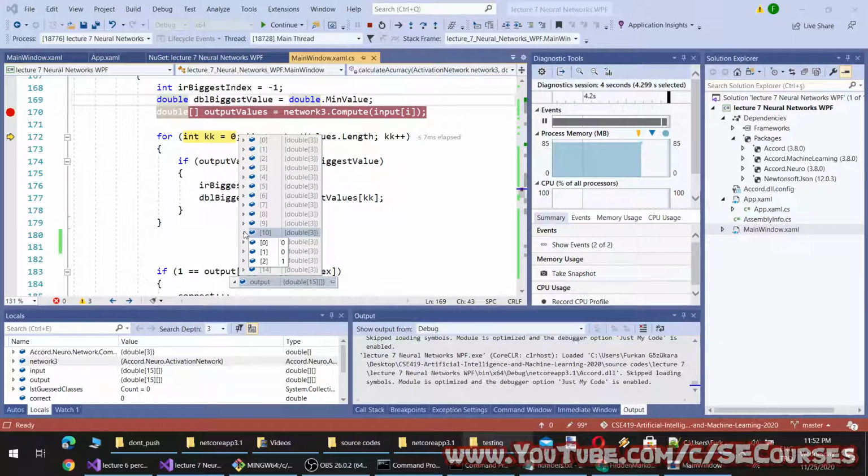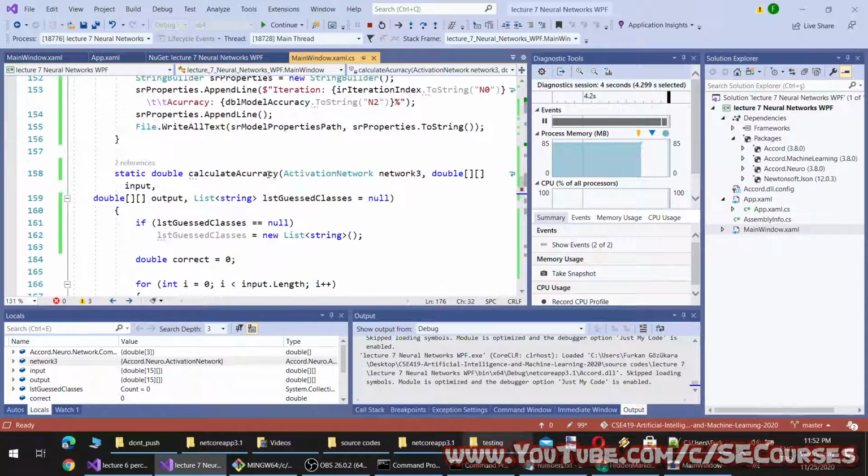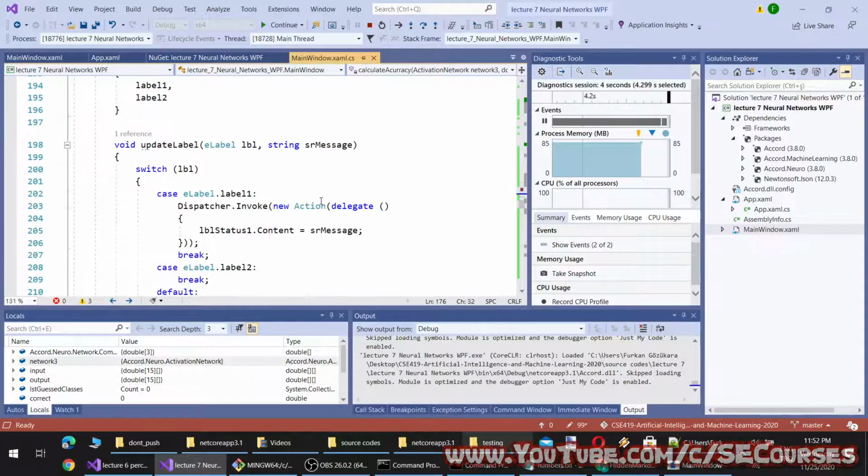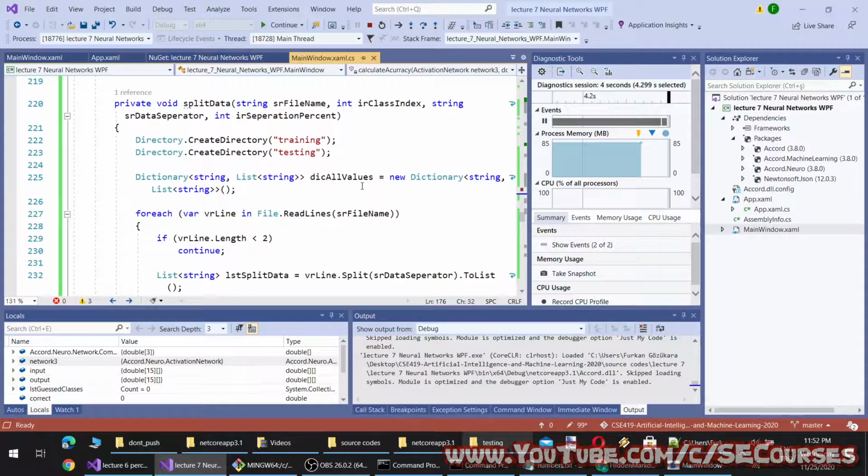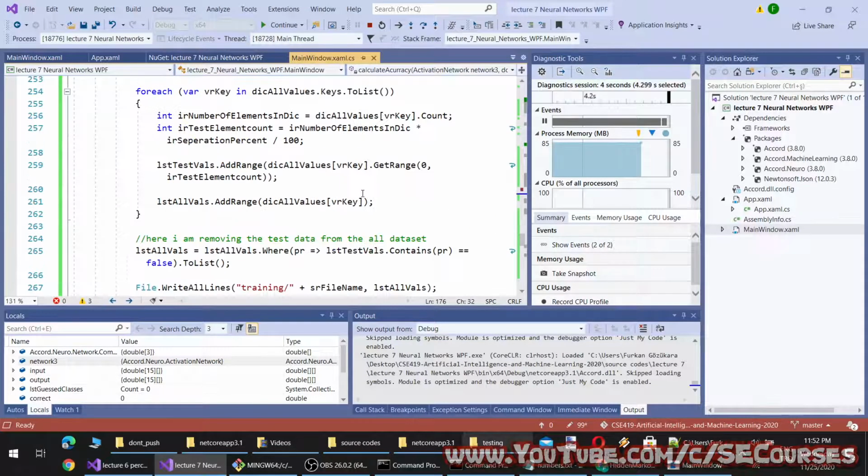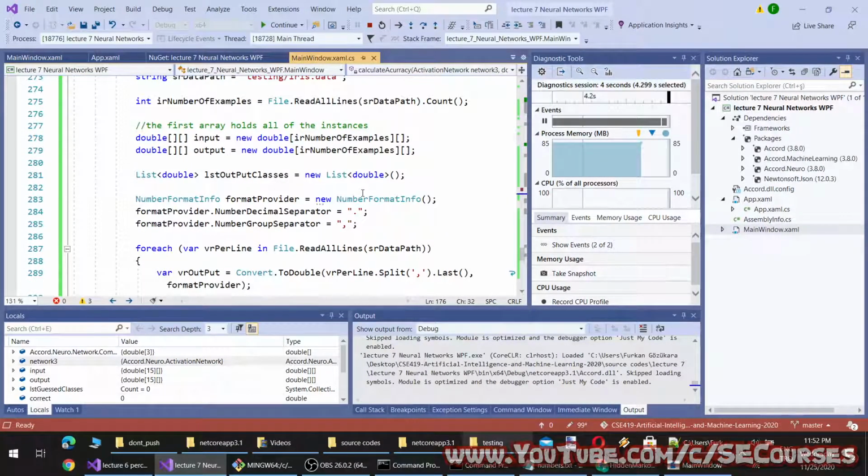Okay, I think I should keep the class value somewhere else to correctly understand that. How can I do that? I can do it.